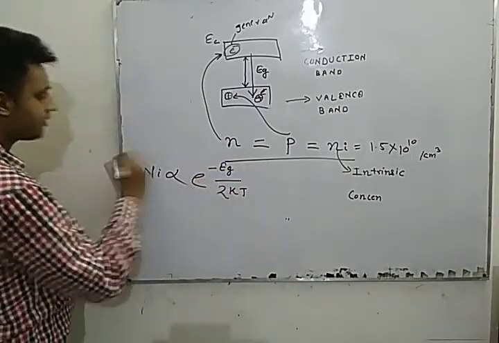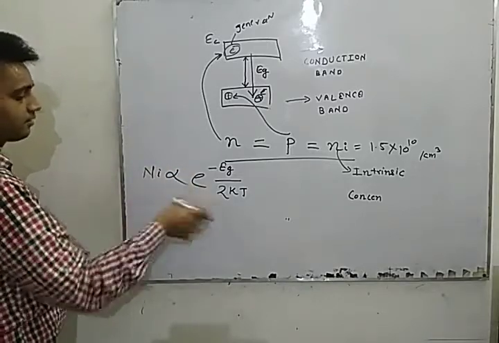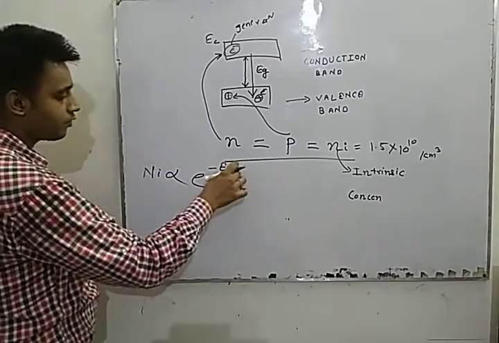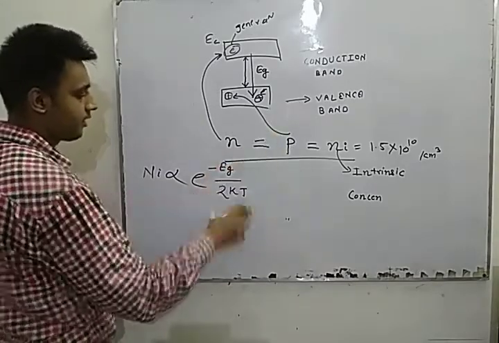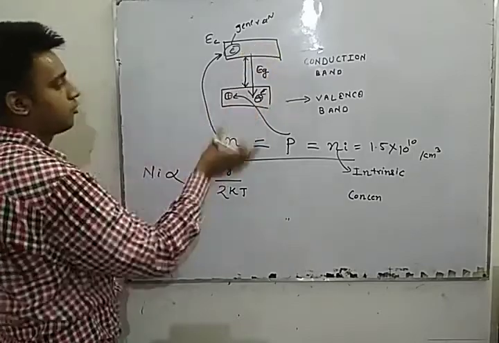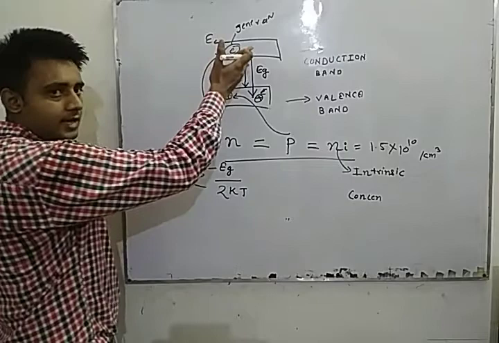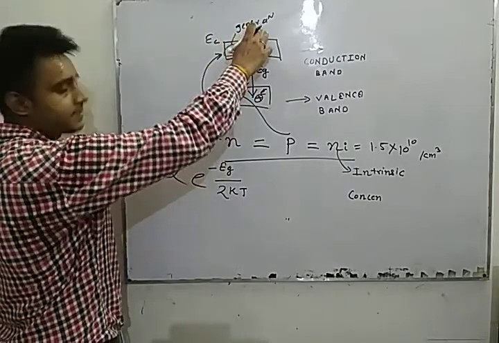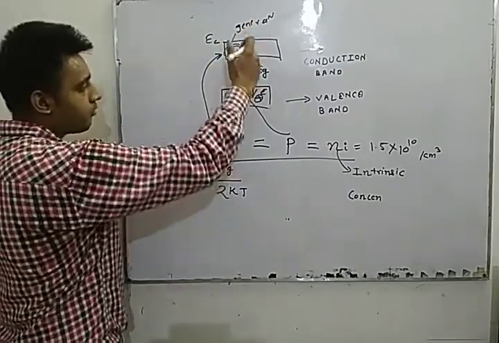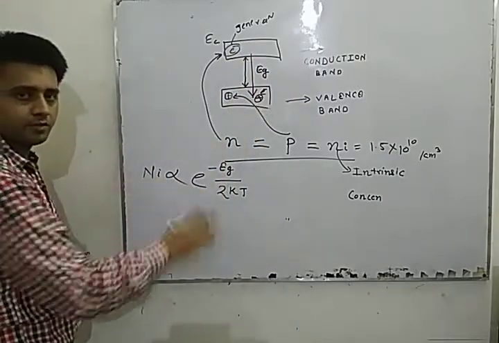That is the important relation that we study, the value of Eg, that is the energy gap. As we increase the temperature, the Eg decreases. So more number of electrons go from the valence band to the conduction band, the excited state. So here the generation takes place, and more number of recombinations also take place. That's the story of the equilibrium.